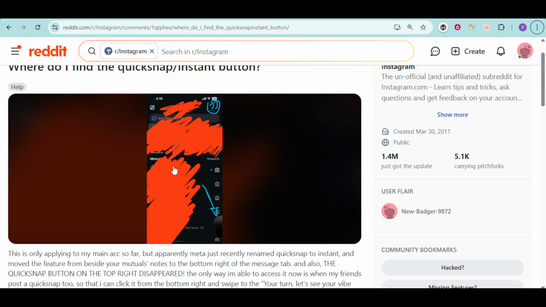Now, if you still can't find it, you can head over and also try to uninstall and reinstall it. Also, remove the app and cache since it may also actually lead to some bugs happening. So you can head over and just remove them and reinstall it, and you should be able to find quick